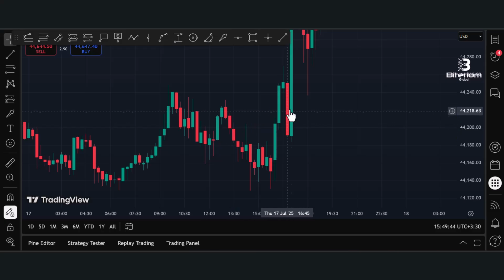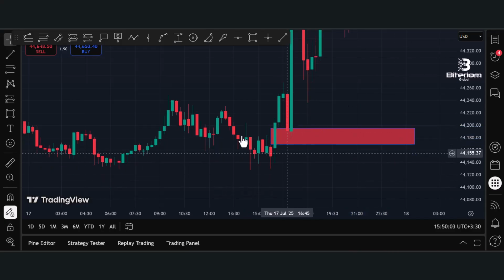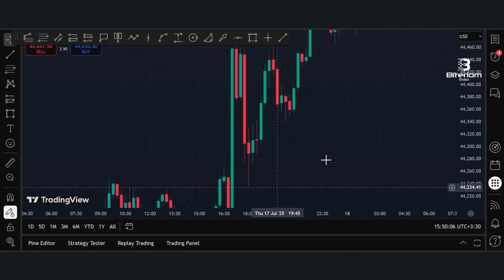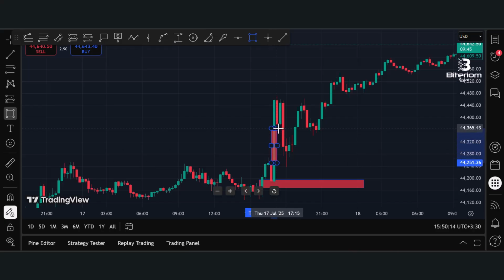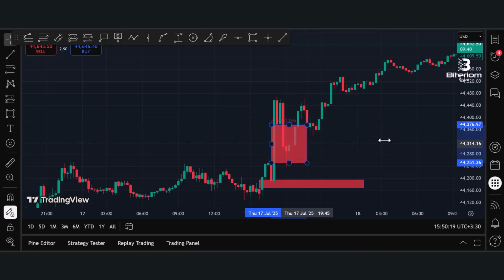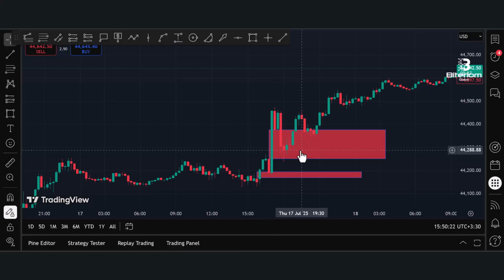When a pullback candle was made, we want to mark the FVG, or fair value gap, of the spike leg or the one leg. We can mark the highest price of this candle to the lowest price of the third candle as a FVG. We can use this FVG as support. For example, here we can mark the highest price of this candle to the third candle, like here, the lowest price of the third candle, and we can use this FVG, or fair value gap zone, as a support zone, guys.